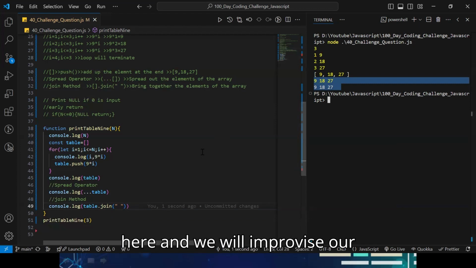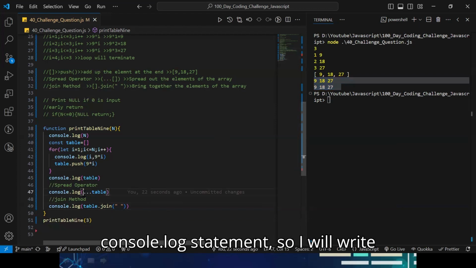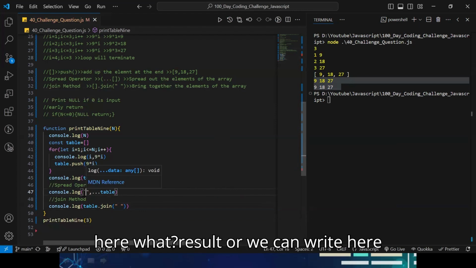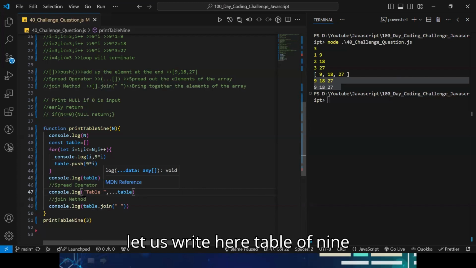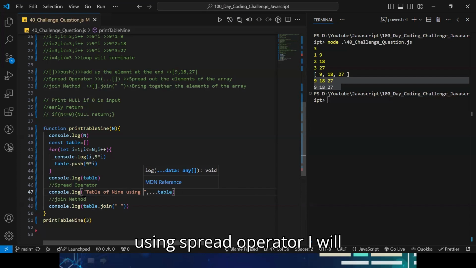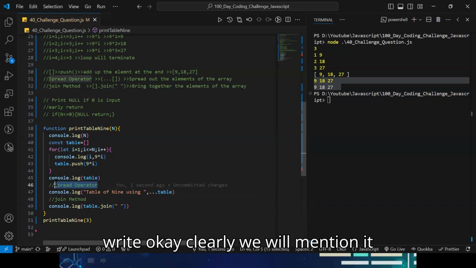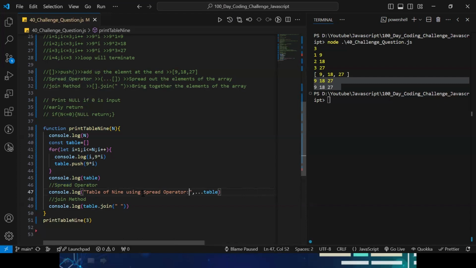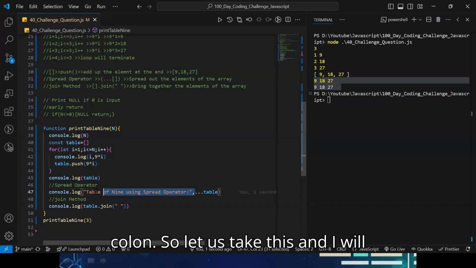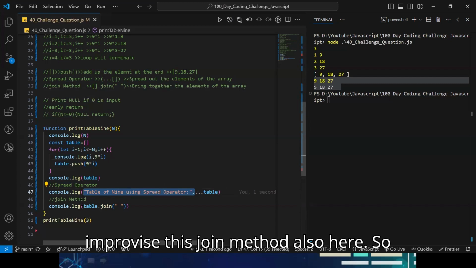So let us come here and we will improvise our console.log statement. So I will write here, instead of result, let us write table of 9 using spread operator. Clearly we will mention it here. Okay. And I will write a colon. So let us take this and I will improvise this join method also here.